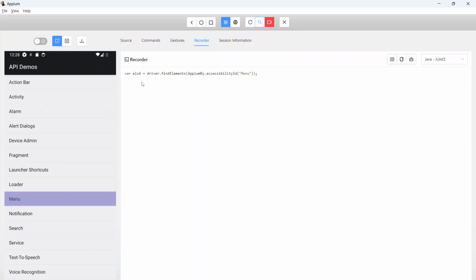So here it is, you can see the statement is added over here. Variable so and so driver dot find elements Appium accessibility ID menu. Okay, so this is selected. For example, earlier we have given